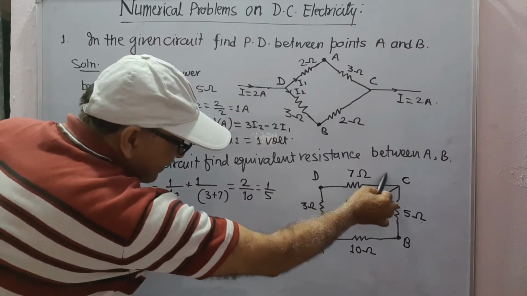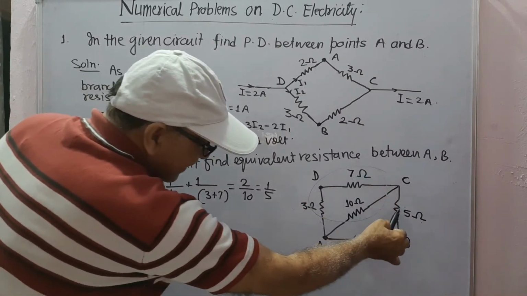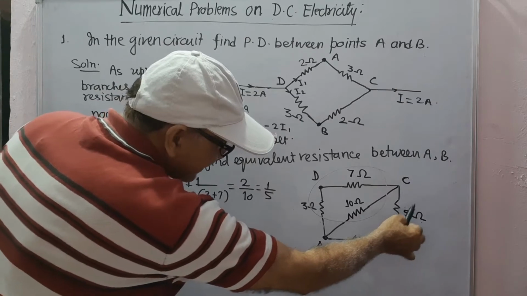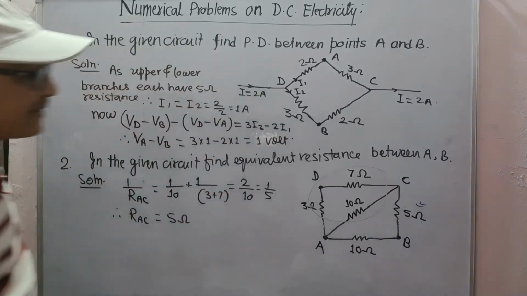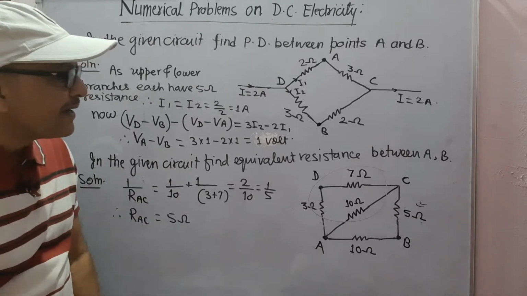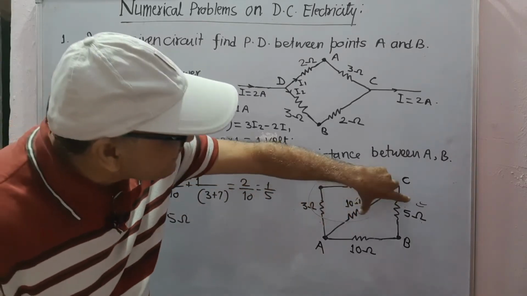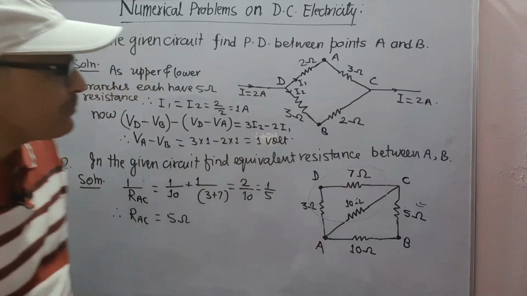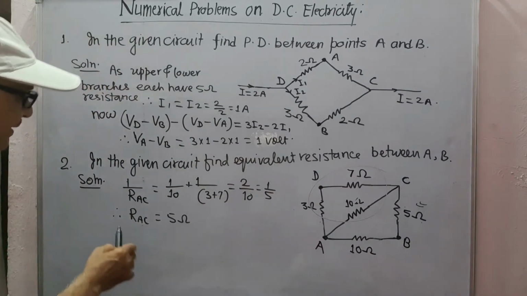Now this 5 ohm is in series with this 5 ohm. 5 plus 5 becomes 10. Now this 10 ohm and this 10 ohm both are in parallel. Therefore